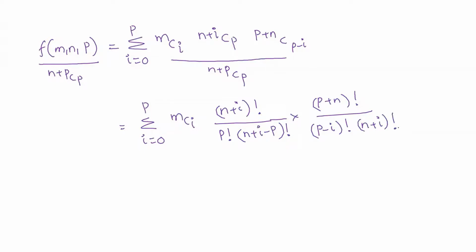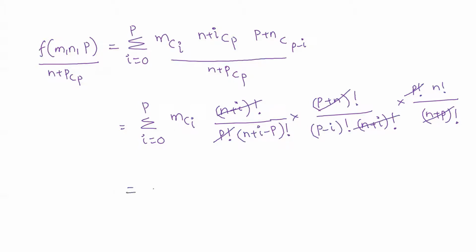Once we expand this, some terms are getting cancelled here, right? We are getting n plus i factorial cancelled. Of course, in the denominator, we have this n plus p C p also. If you write that one, that will give you p factorial in the numerator, n factorial upon, in the denominator, we'll be getting n plus p factorial. Now if you actually see, many terms are going to get cancelled here. p factorial and p factorial get cancelled from here. p plus n factorial and p plus n factorial get cancelled from here, and n plus i factorial and n plus i factorial get cancelled from here.